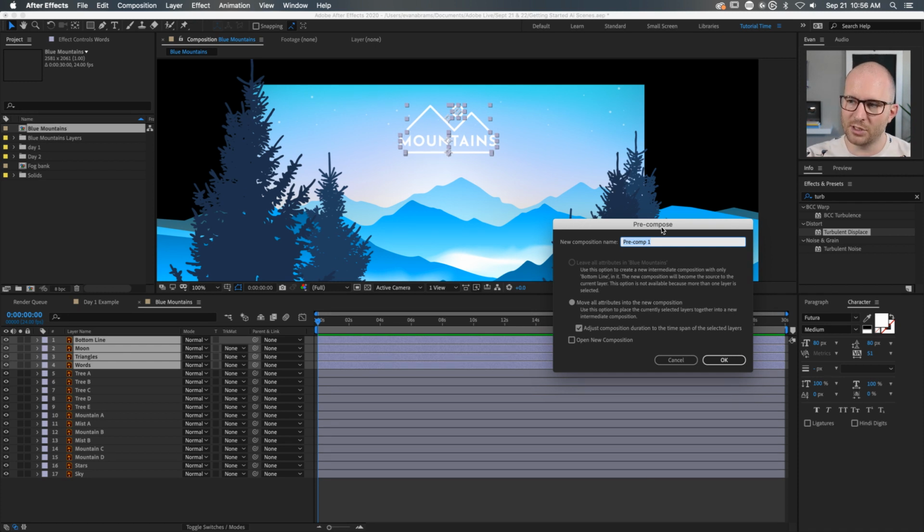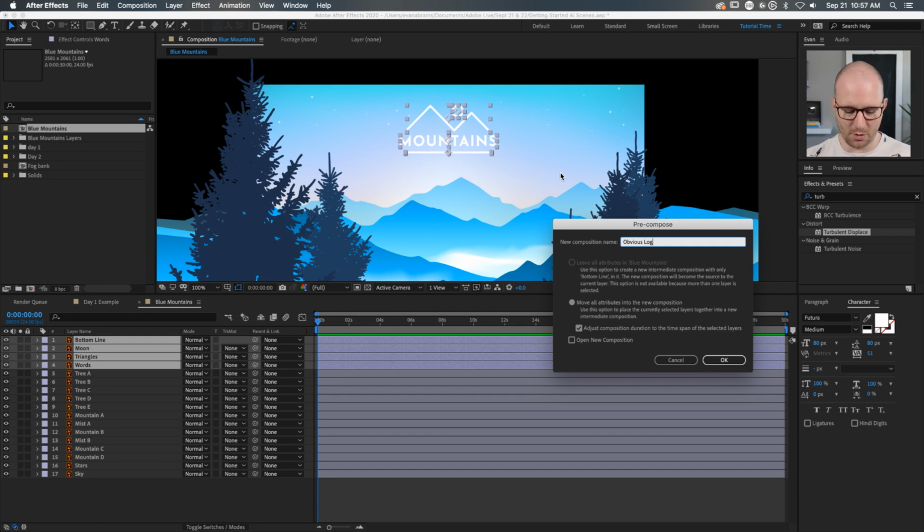Now, these things here in this mountains logo tell us pretty distinctly that this is just mountains. What's going to be interesting here is that when we pre-compose this, we're going to take these individual elements and stick them together. This is kind of like grouping. It does the same thing as grouping, it's a little bit different, but it's going to help us contain this. And I'm going to call this the